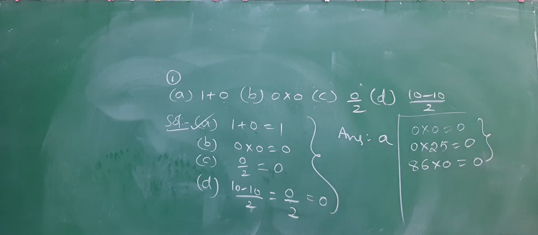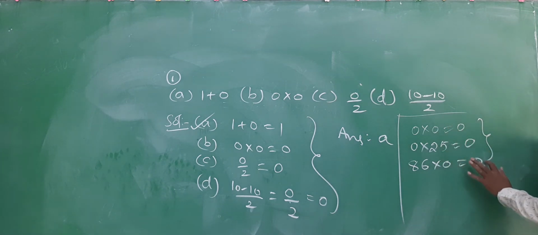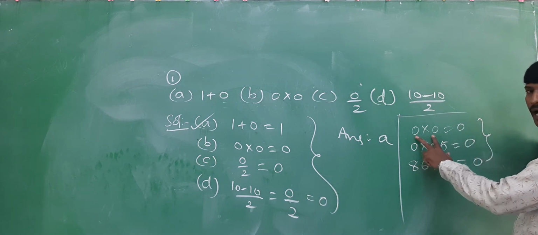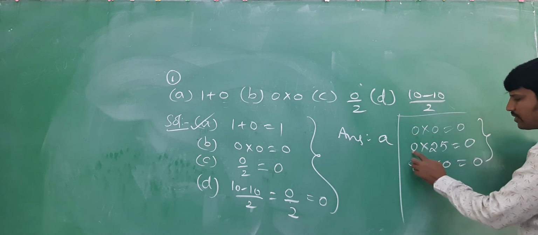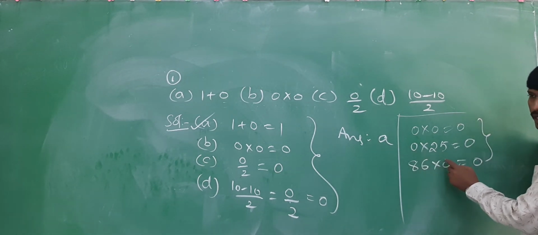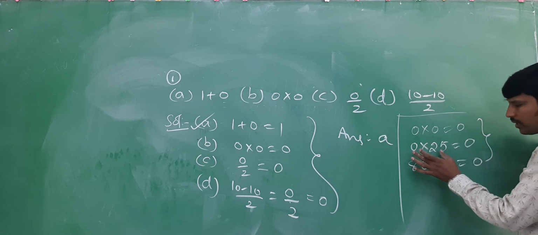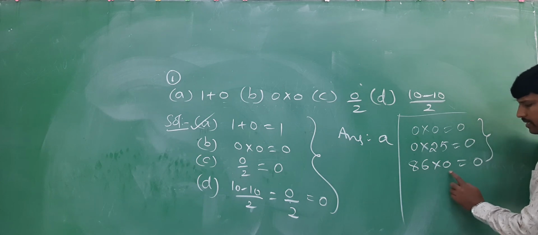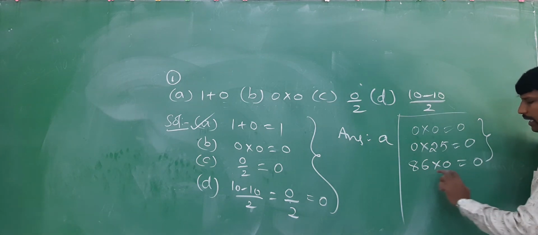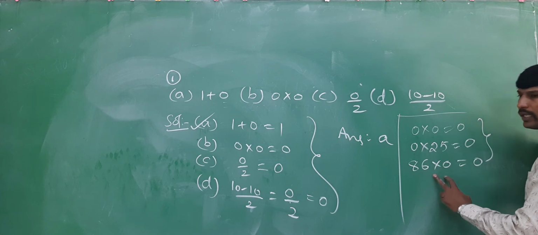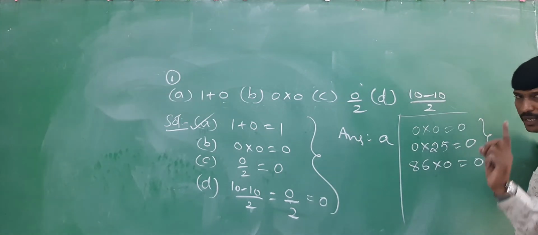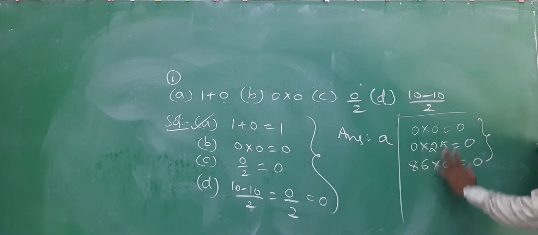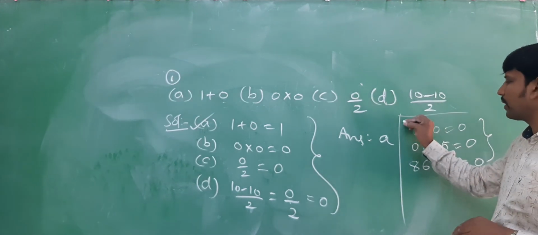See, if you observe these three, the answer becomes 0. When the answer is 0, of the two whole numbers, either both are 0 or any one of them is 0. These are the two whole numbers. Out of these two whole numbers, 0 is one whole number. Here also, it is a whole number. The product of these two will become 0. That is, out of two whole numbers, one must be 0 compulsorily to get the answer 0, or both of them 0. These are the examples you should write for question number 2 here.